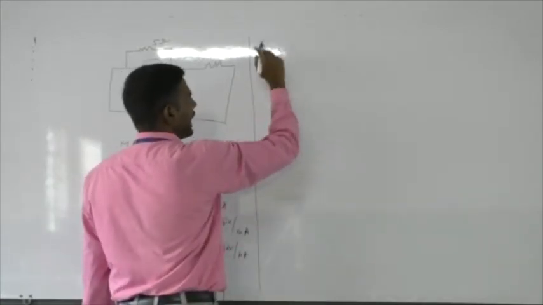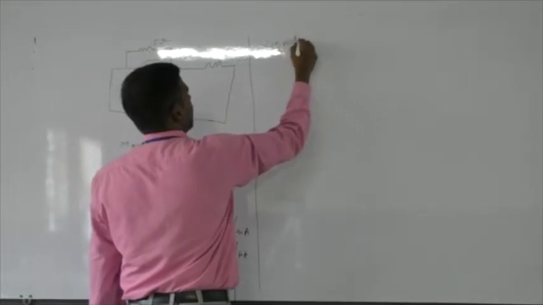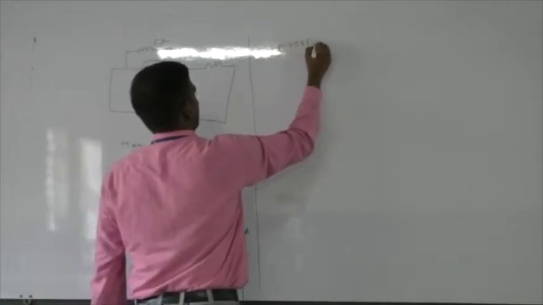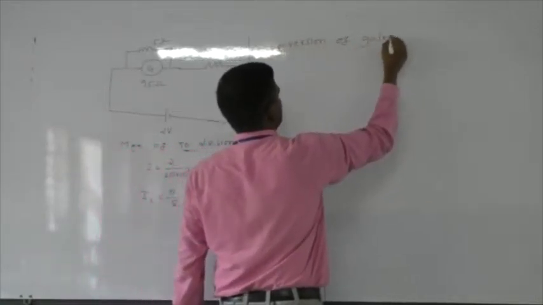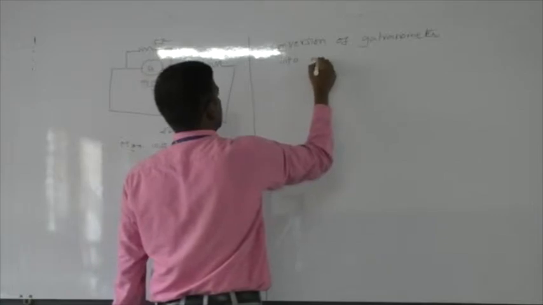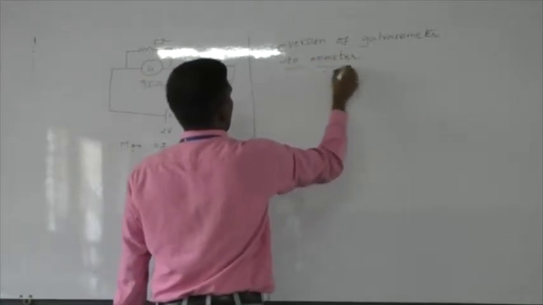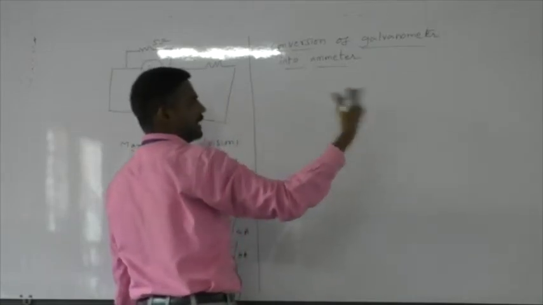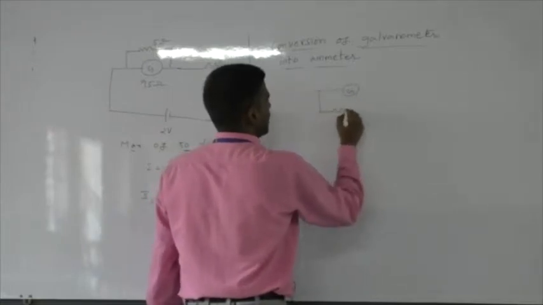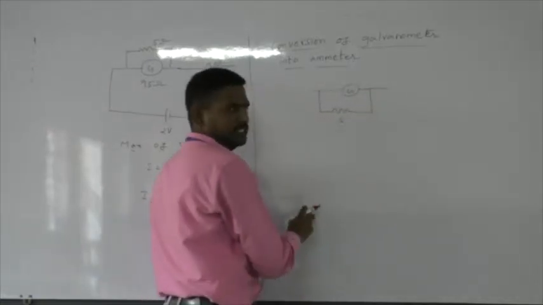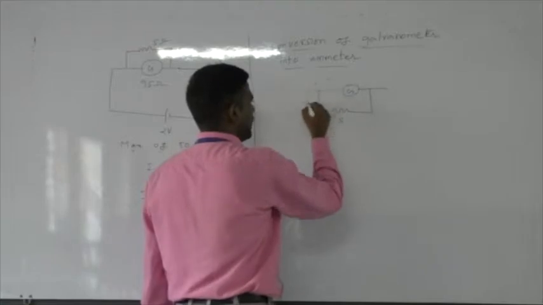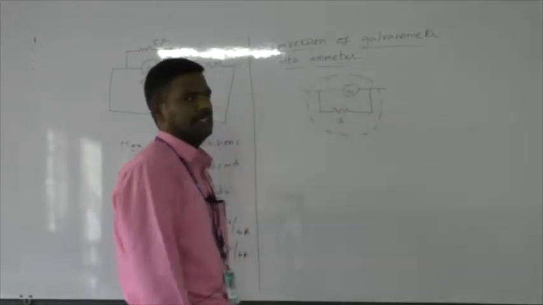So how to convert, let me write here, conversion of galvanometer into ammeter. That's what we are going to see now. Well, the galvanometer can be conveniently converted into an ammeter by connecting a suitable parallel shunt resistance. Let me call this the shunt resistance, and this is going to be the galvanometer whose resistance is capital G. Now this whole system will serve as an ammeter, and this is what we are connecting in the